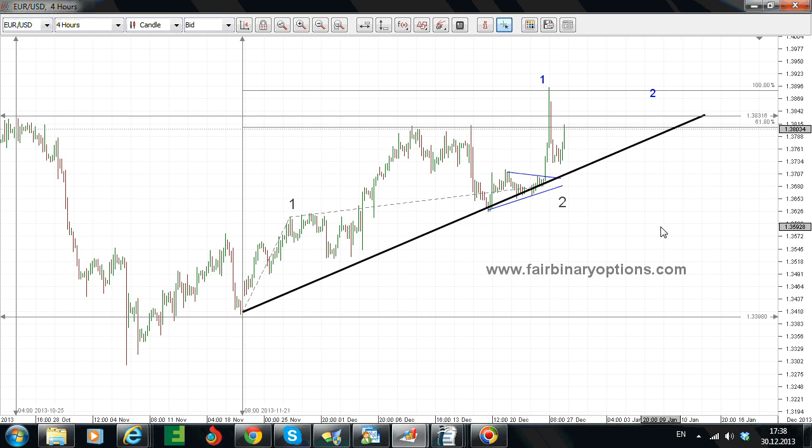So I wouldn't be surprised, until the NFP and ECB next week, to have such a move to make a new high, something like 139.20, 139.30, maybe even threatening the 140, and then for price to make a second wave before another jump higher. Bullish on the euro dollar as this contracting triangle broke to the upside, and therefore